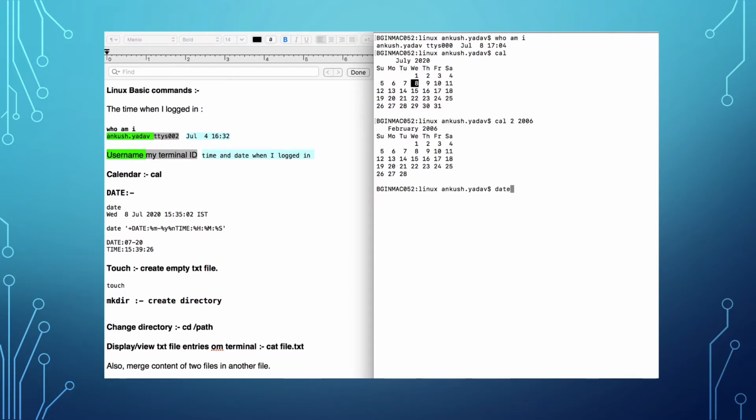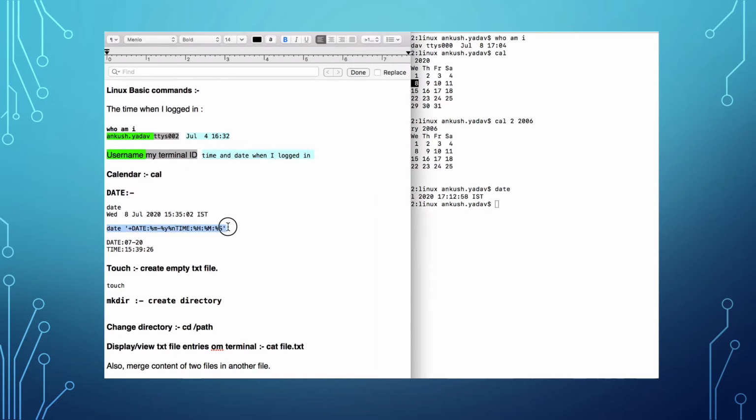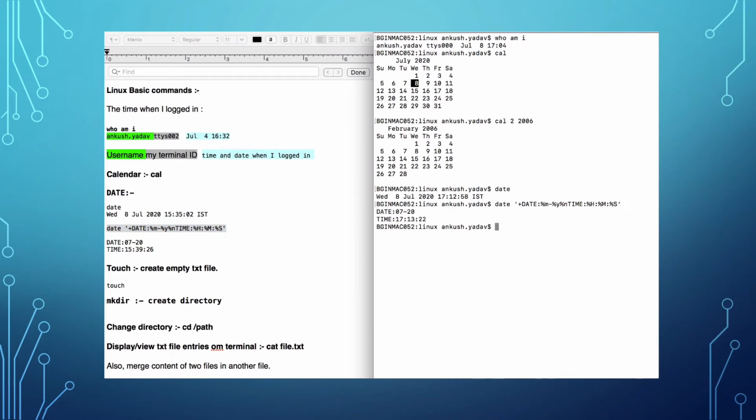Now if you would like to check today's date, then you can use the date command. When you enter it, you can see this is the date, month and year, and this is the day, Wednesday today, and the time here, and the format of time is IST. This is the basic format in which date will display its details. Now if you would like to change the format, then you can use this command. This command will display the date and the time frame which you can use in your scripting or anywhere, any function that you want to create.